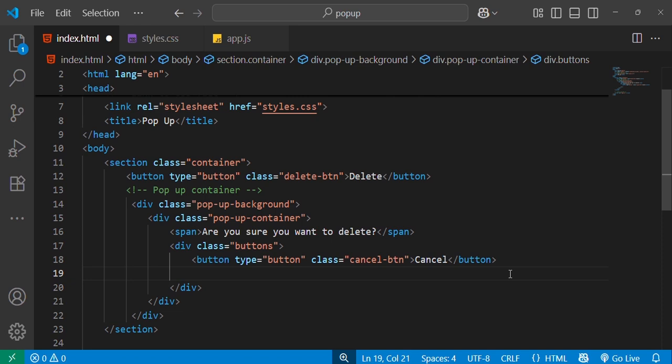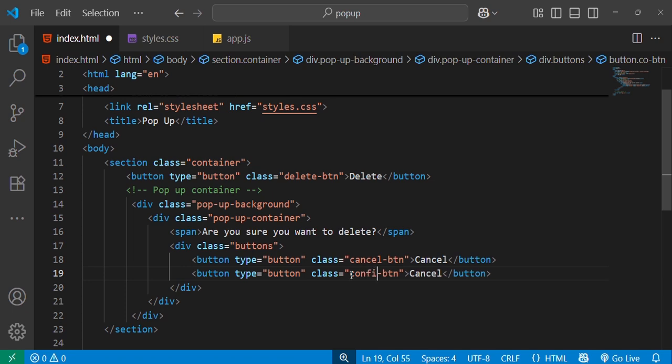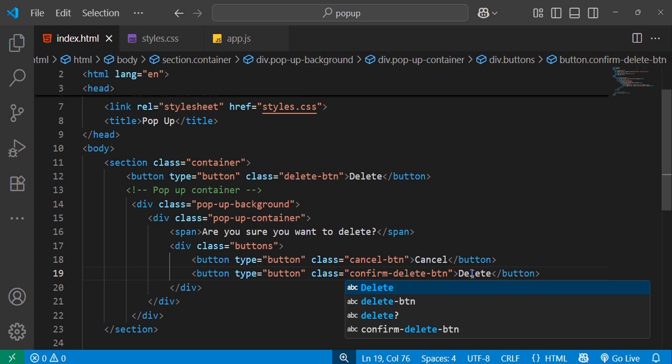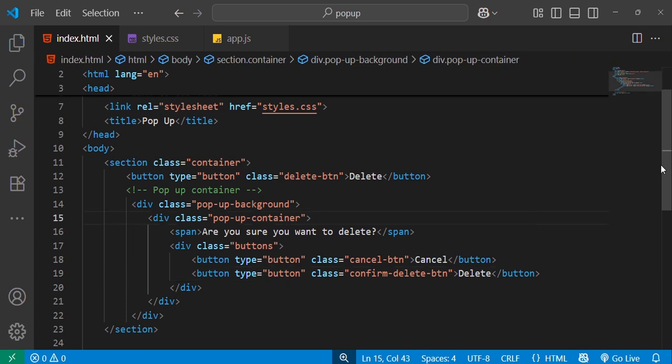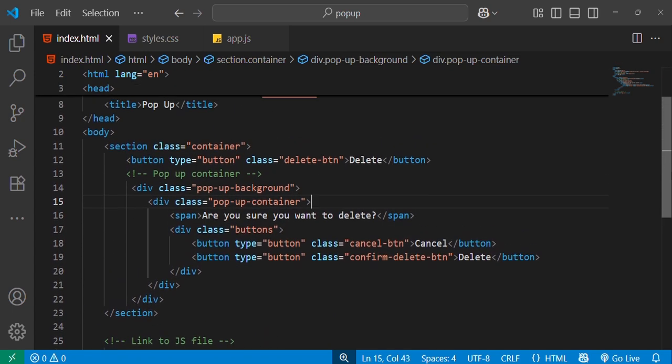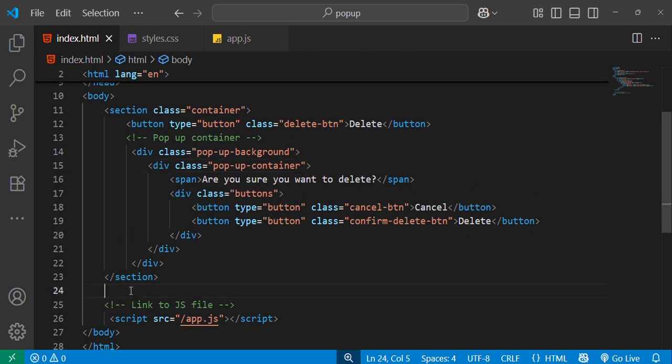And another button, so just copy and paste a type button. Now since we already have a delete button, I will say confirm delete button. Inside text is going to be delete. So reaching this far, we have added all the HTML elements that we need, and then